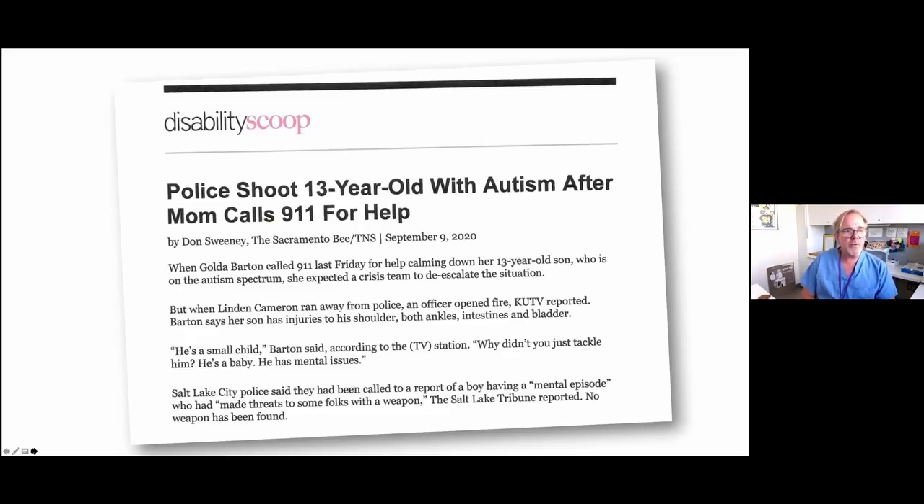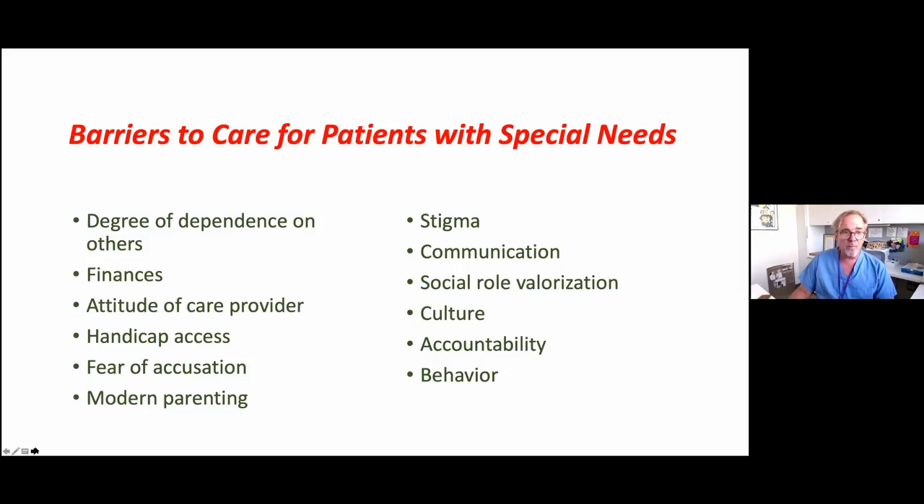This is a true story, and this was something that happened when a mother of a 13-year-old just needed help, and she expected a crisis team to de-escalate the situation. But when this child ran away from the police, the officer opened fire on the patient and shot the child. And this is a horrible story, obviously, but I have other stories whereby providers